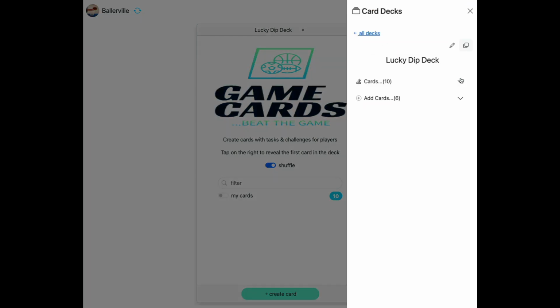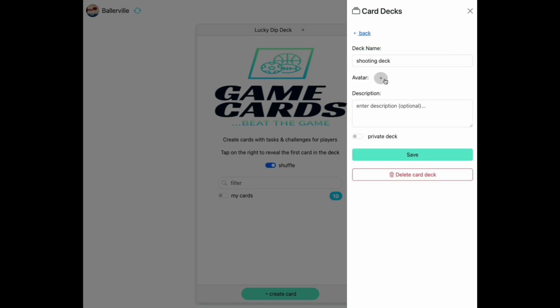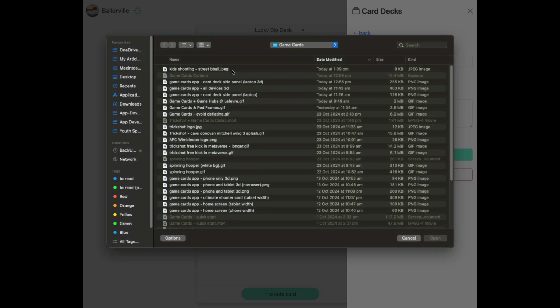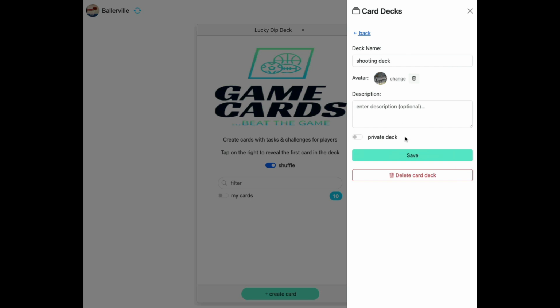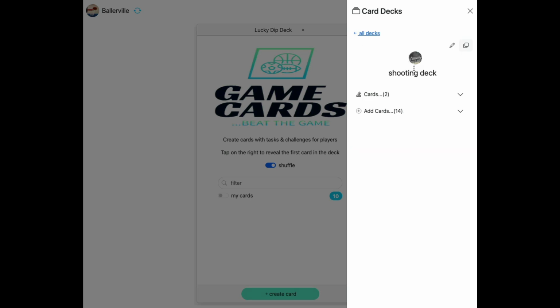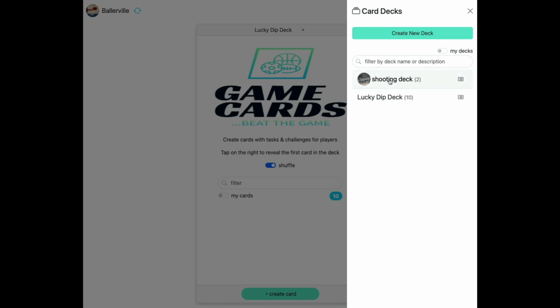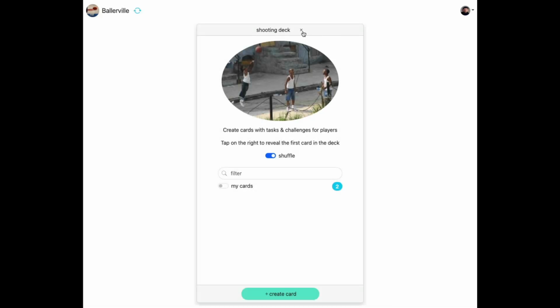Let's also, for our lucky dip, actually let's do it for our shooting deck. If we need to go back into edit, remember here's where we add and remove cards, but if we click the pencil icon, it's add an avatar or a logo for this deck. Some kids playing street basketball and shooting. Let's save that. And now when I select this deck, we see the name of the deck up the top,